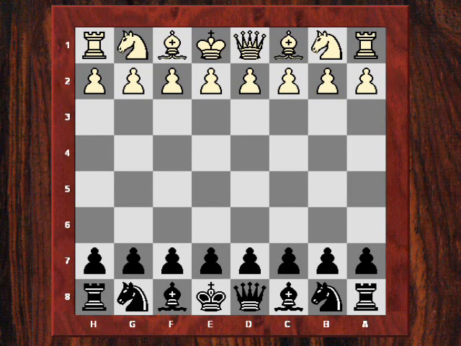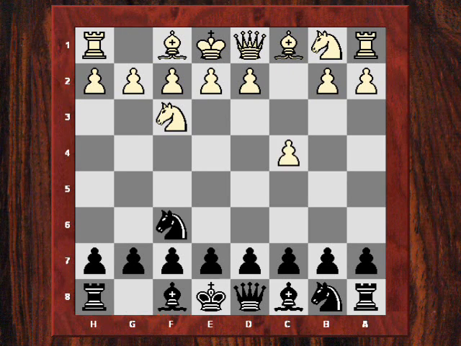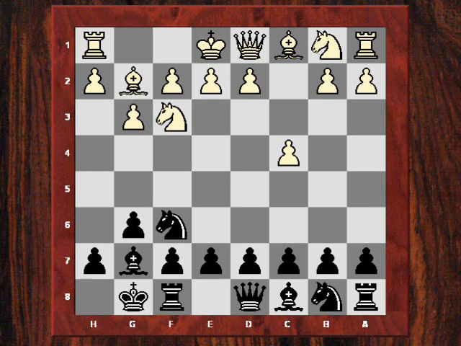Hi all, we're going to have a look now at Yusupov versus Kasparov in round 5 of the Linares 1990 tournament. So Yusupov playing white, kicked off with knight f3, and Kasparov went into his King's Indian with g6 here, and white played g3 as well, so both sides are fianchettoing their bishops.